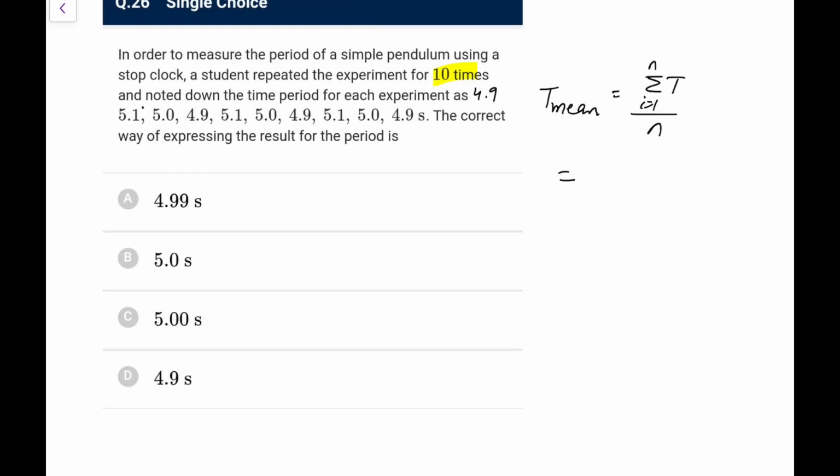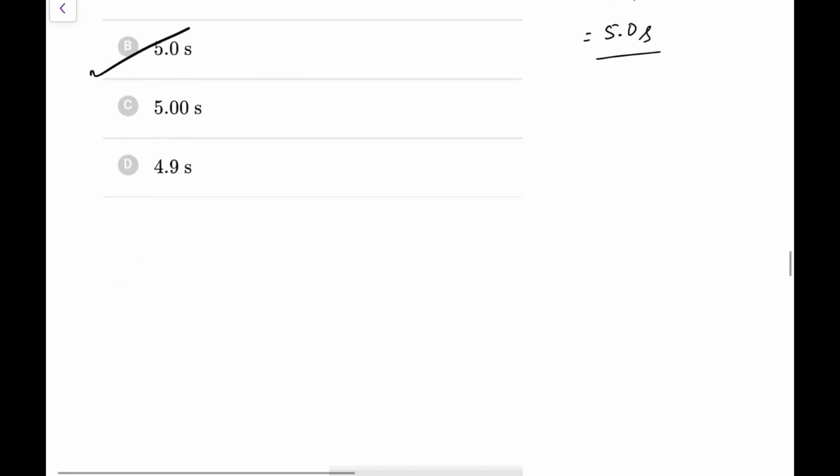Now if we sum them up, what we have: 9, 10, 19, 20, 29, 30, 39, 7, 12, 17, 21, 26, 31, 35, 40, 45, 49. So it is 49.9 we are getting. This is 49.9 divided by 10, that is 4.99, but because we will report only in two figures, it would be 5.0. That would be the reported answer. Go for option B here, but the question is not complete here.